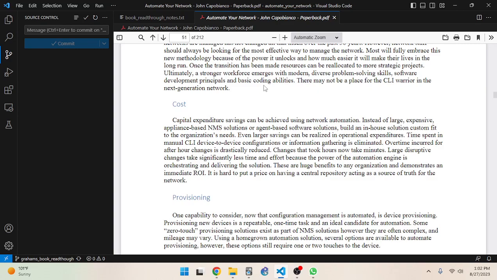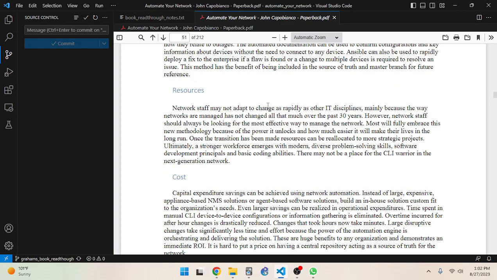Which is honestly, I kind of want to push back on that because there may not be a place for things that haven't worked for 30 years in the next generation network. Like, he said it himself, it hasn't changed much for the past 30 years. You know why? Because it worked. Because we have networks that work and we have a global, worldwide internet.